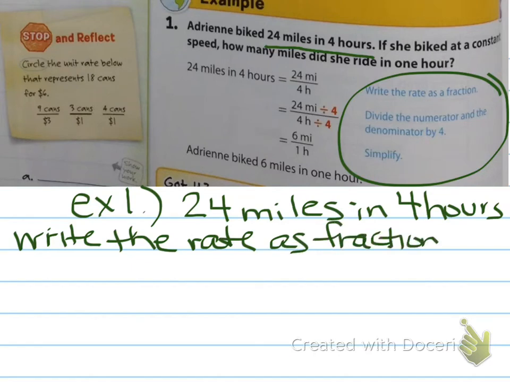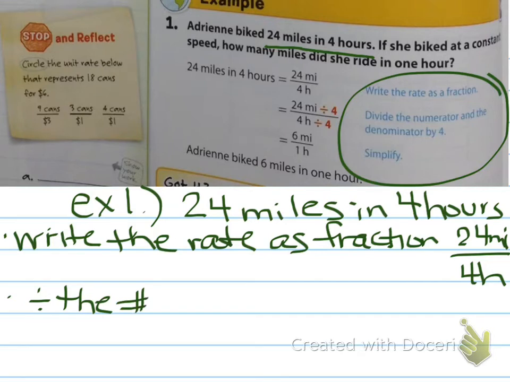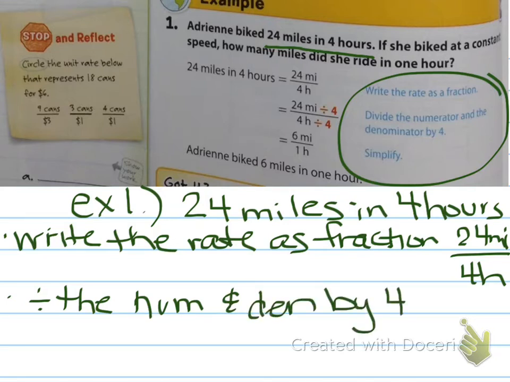Okay, and so next to that, I'd like you to write 24 miles over 4 hours. And then the next thing that we're going to write is divide the numerator and denominator by 4. Remember that we're dividing by 4 because we want this bottom number to be 1, so we're going to divide by whatever that bottom number is. So once we divide by that, we end up with 6